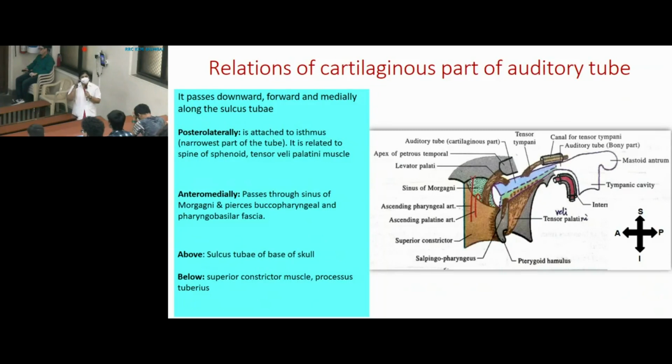Is there any use of knowing these tubal tonsils? Yes, it is part of Waldeyer's ring. Any other use of tubal tonsils with respect to the auditory tube? If there is a need to insufflate air inside the auditory tube, then these tubal tonsils act as an important landmark. If you see the tubal tonsil, then you can easily locate the opening of the auditory tube and you can pass a catheter so that you can introduce air inside the middle ear cavity whenever required. Okay.